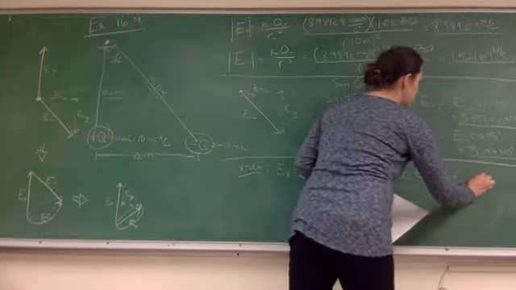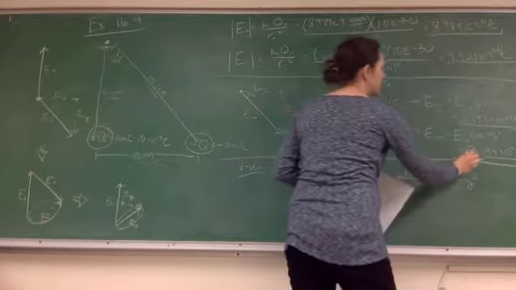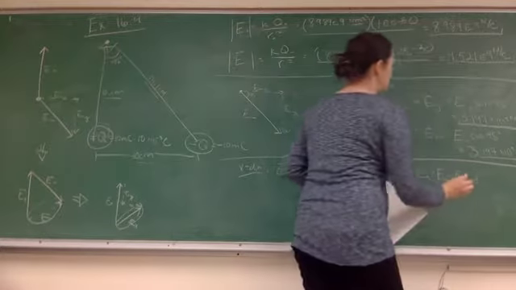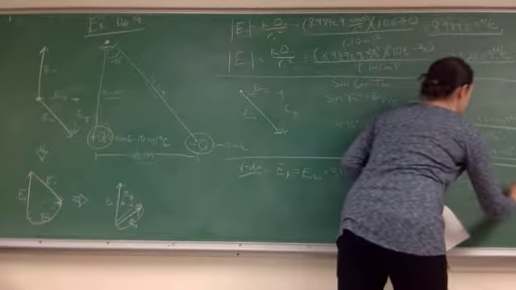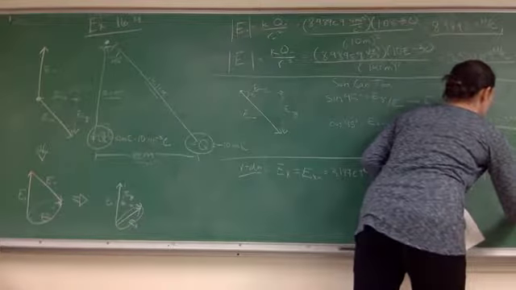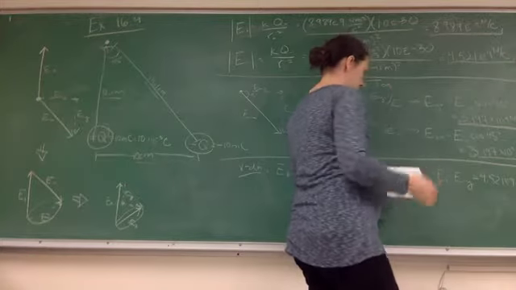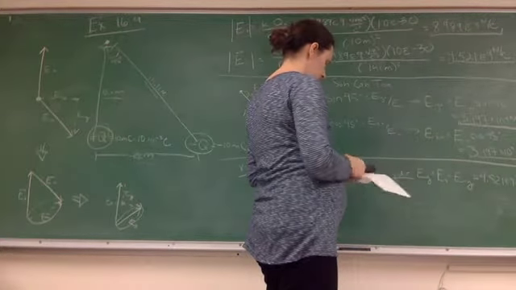So we know those two numbers. There's that one minus that one. So that is going to be 4.521 times 10 to the 9th minus 3.197 times 10 to the 9th. And that is going to be